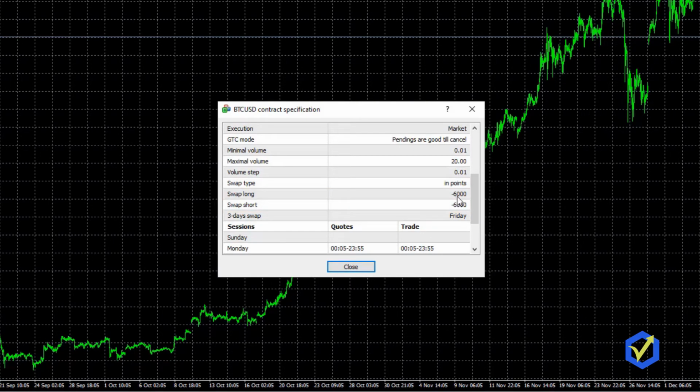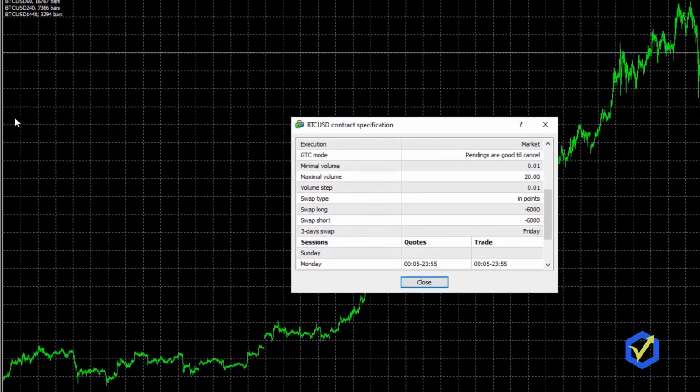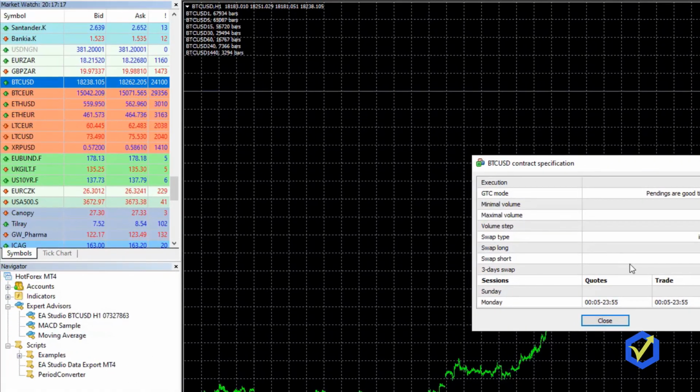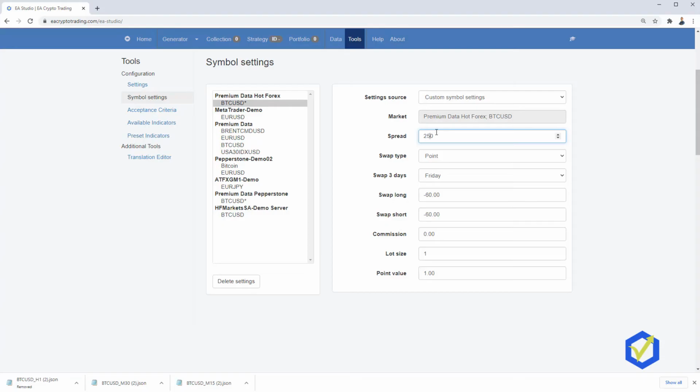But one more time, this is because they use 3 digits after the decimal comma. Here it is. So this is $6. And since the digit value in the premium data is 0.1, I need to enter negative 60 for swap long and swap short. Okay, I hope that's clear.